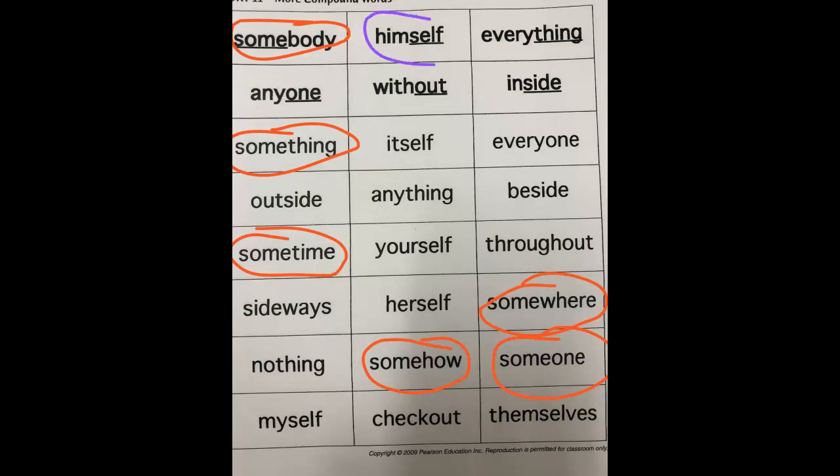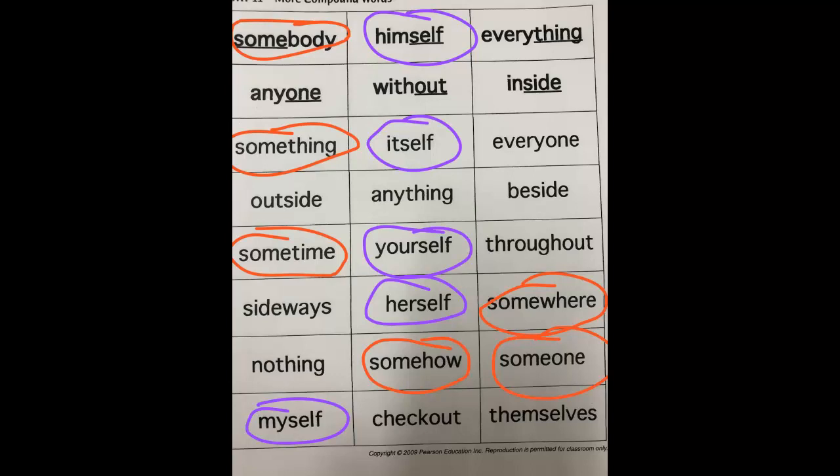Now there is a weird one with self. Himself, that's one person, himself. We have itself, that's talking about one thing, itself. Yourself, you are a person, one person, so yourself. Herself, that's talking about one person, herself. Myself, way down here at the bottom. Me, I'm one person, so myself.